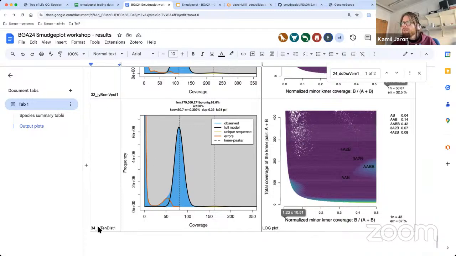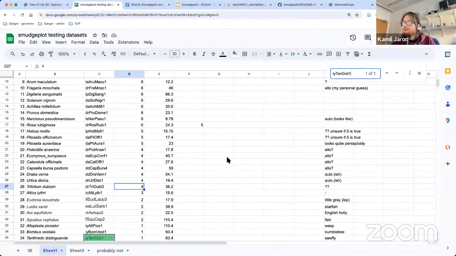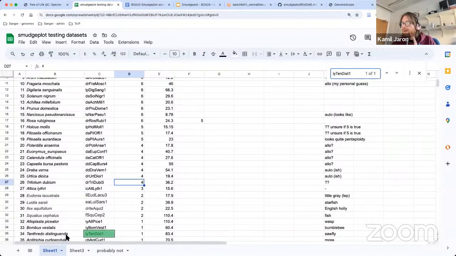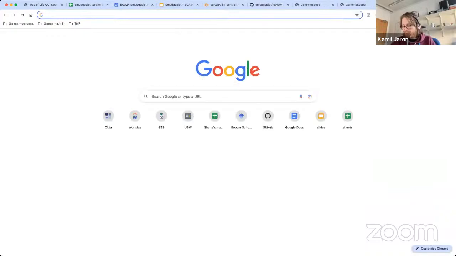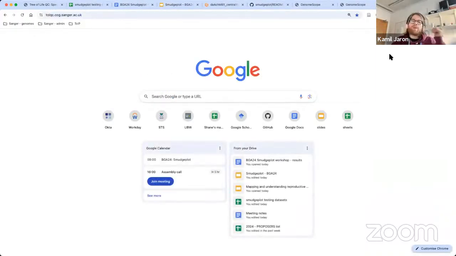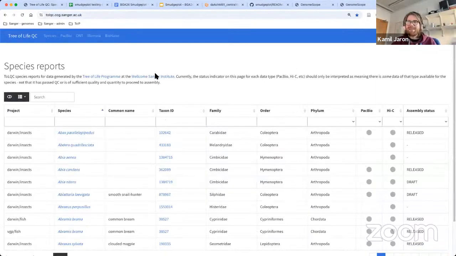I think this is also an insect. This is a wasp. This is a wasp male. Oh, wait. Is it a wasp male? Maybe now I will also show you the last thing. There's this magical webpage called ToLQC that contains all the QC plots of all the Tree of Life genomes, which is bang.